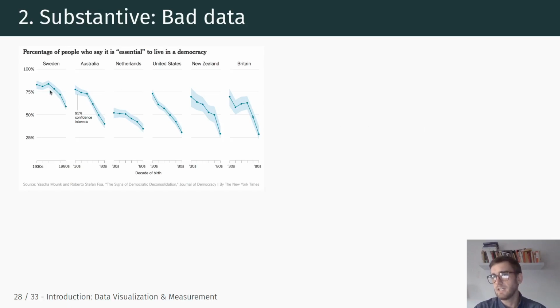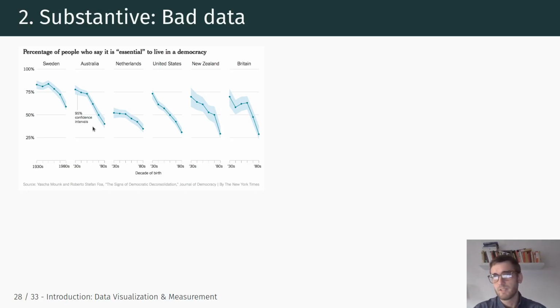And they show a shocking decline in how important people view democracy, both in the United States as well as in other countries, the Netherlands, Australia, and so on, right? And this is based on World Value Survey data. So this conveys a problematic